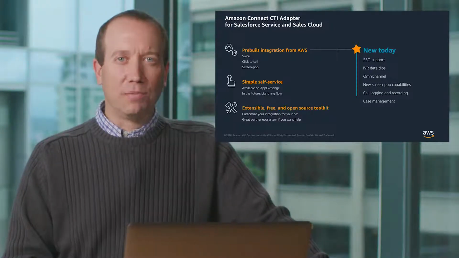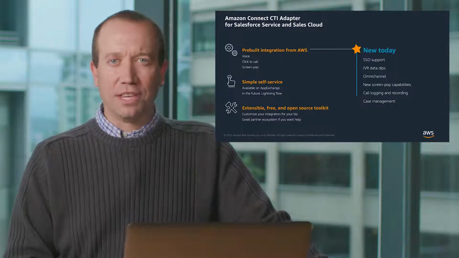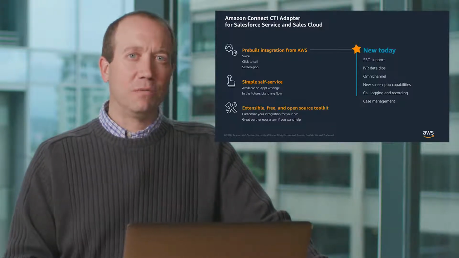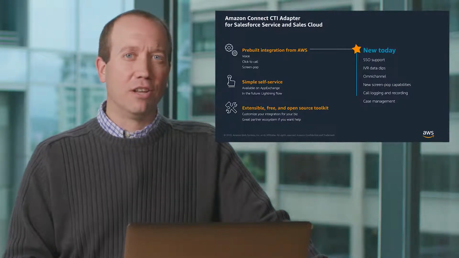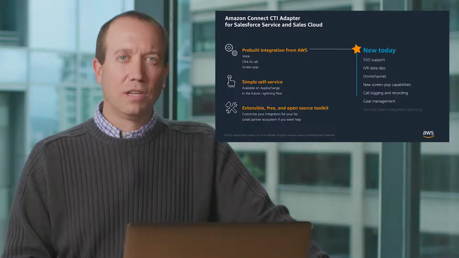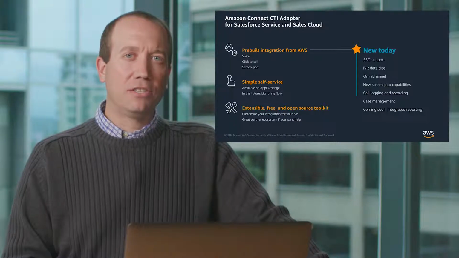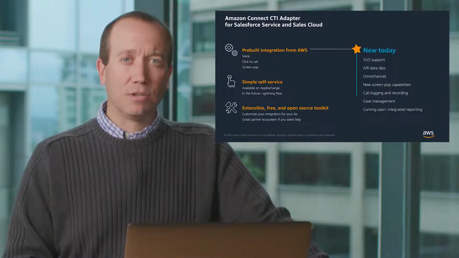As part of our improved case management capabilities, all calls answered by the agent will be captured as activity associated with the case. The agent can then go back to that activity and see the call information along with the associated voice recording. We'll have integrated reporting, which will allow agents and supervisors to view contact center dashboards showing data